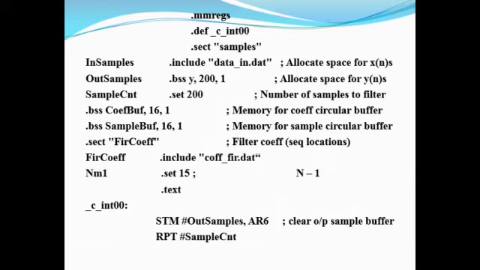And these are the assembler directives that we consider. Before that we are going to clear the output sample buffer. So this is how we are going to clear it, and repeat the sample count. Whenever we give a count, that represents a sample value, a number. It is similar to a counter that we normally use in a microprocessor. Say for example 10 values are there, we are going to load 9 in a counter, so that until the counter is reset, the values are being retrieved from the memory.